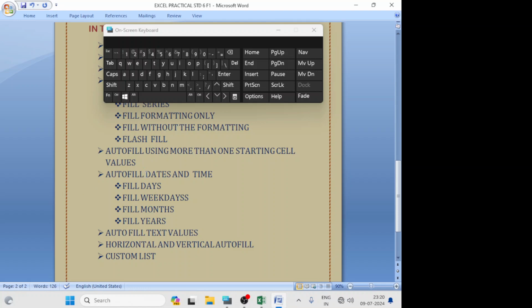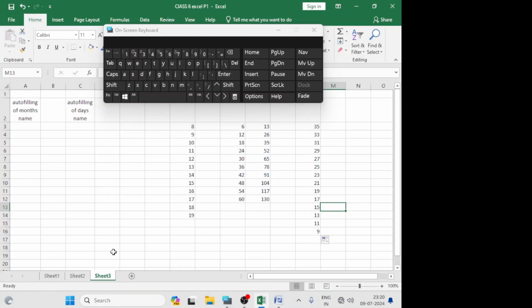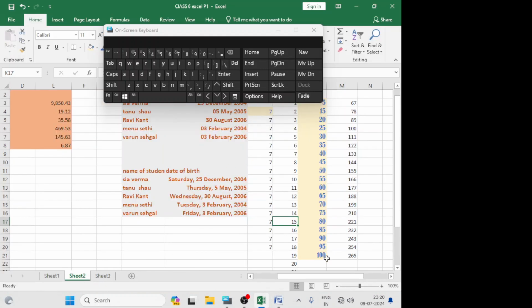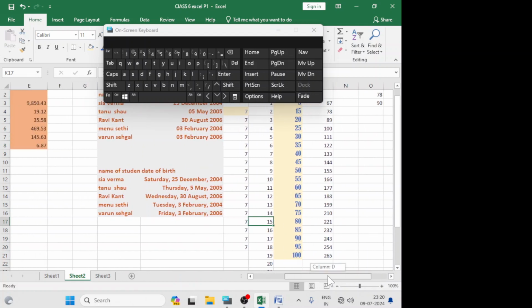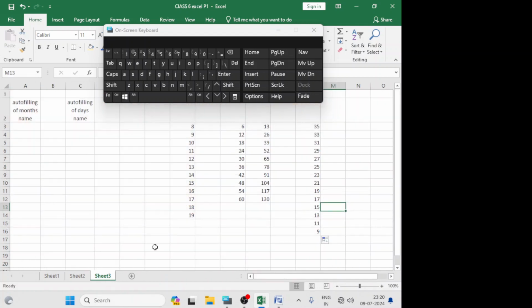Now you understand autofill dates and time. First of all, fill days. How to write day's name? Write a date here, 9/7/2024.